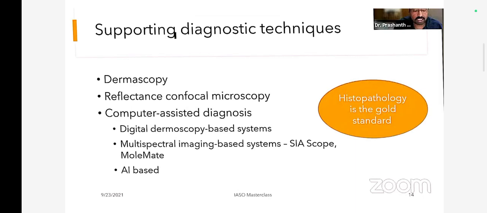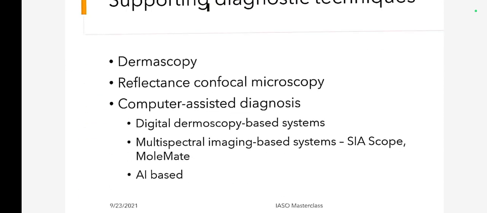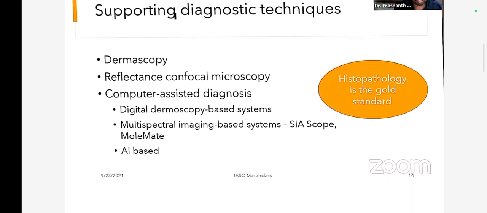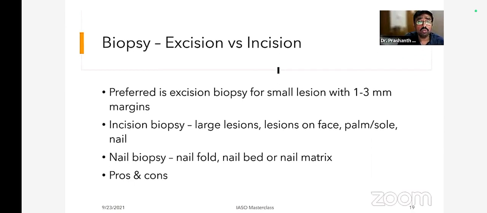ठीक है, तो हमारे पास जो डायग्नोसिस में कोई भी मेलेनोमा आएगा तो हम थोड़ा तो डायग्नोसिस लिखेंगे। तो जो हम लिखेंगे बायोप्सी वगैरह, इसके अलावा ये कॉनफोकल माइक्रोस्कोपी, डर्मास्कोपी, ये थोड़े मॉडर्न वर्ड्स लिख देना। डिजिटल डर्मास्कोपी बेस सिस्टम, AI के बेस पे भी आजकल हो गया है। AI को हर चीज़ में घुसा दिया है, पर स्टिल हिस्टोपैथोलॉजी ऑलवेज अ गोल्ड स्टैंडर्ड। ठीक है, तो क्लासिफिकेशन तो लिखने की ज़रूरत नहीं है, ब्रेस्लो लिख देना, ब्रेस्लो से काम हो जाएगा।